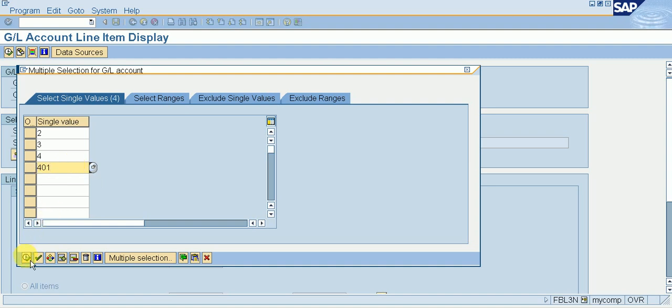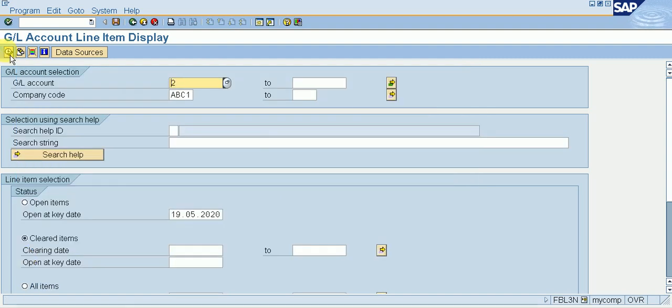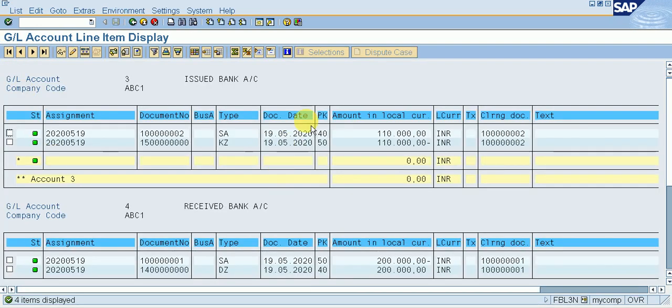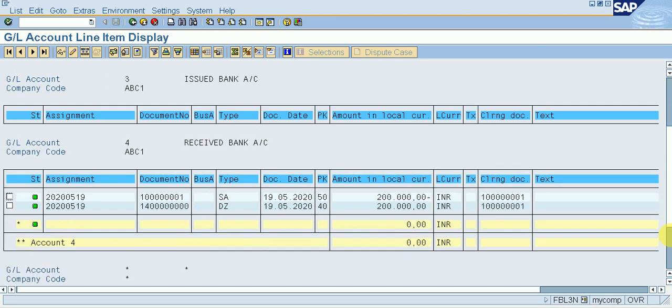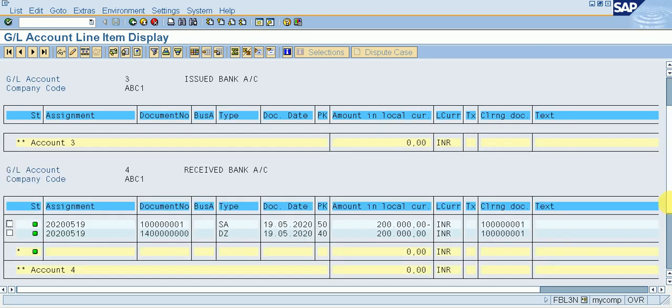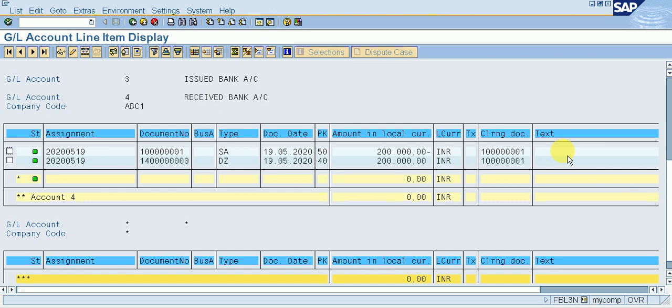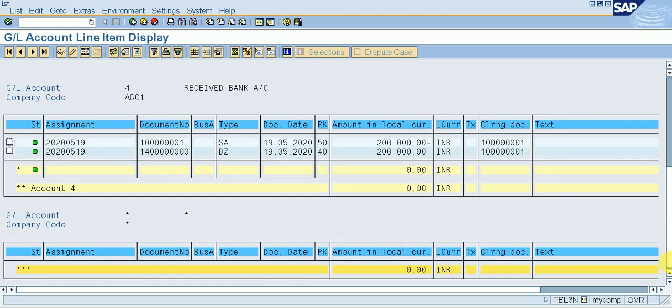Execute it and execute again here, so we can see all our account is cleared: issued bank, received bank and bank charges. Here is our bank charges.